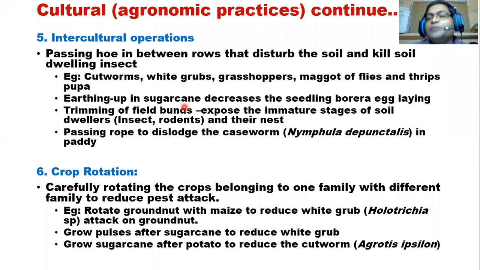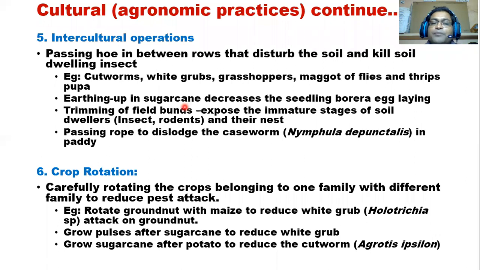If you are going for an earthing up, then you are not allowing the borers, especially stem borers. They will target the internode very close to the soil, the root-shoot joining point. So you are covering it with soil, so the adult will not go in and will not lay eggs. The banana too: if you are continuously cultivating banana, the rhizome will be exposed, or after harvesting, the cut portion will be exposed. If you cover that with soil, then you will reduce the breeding sites of the rhizome beetle and pseudostem beetle in banana.